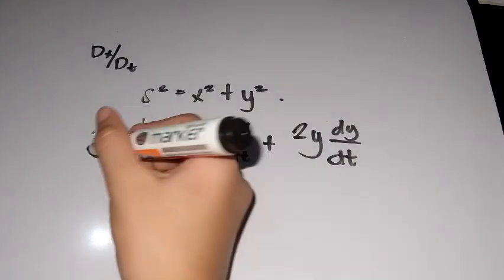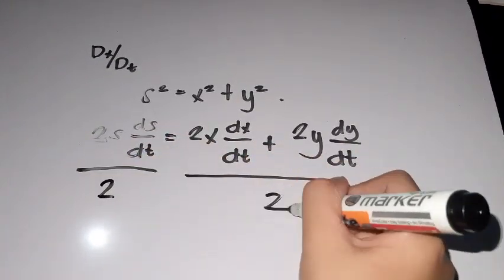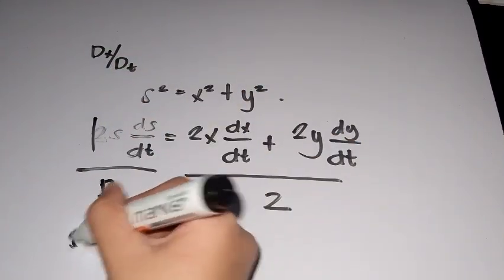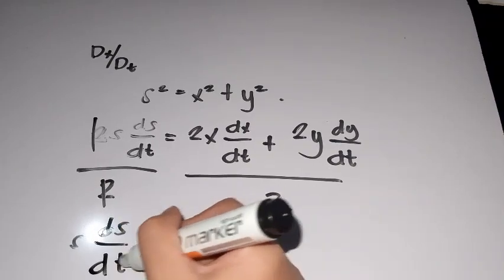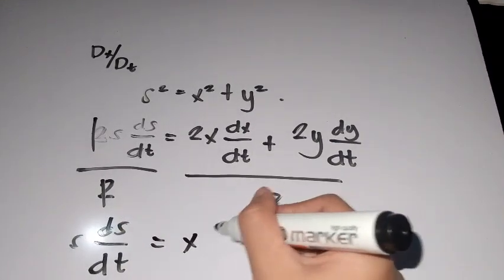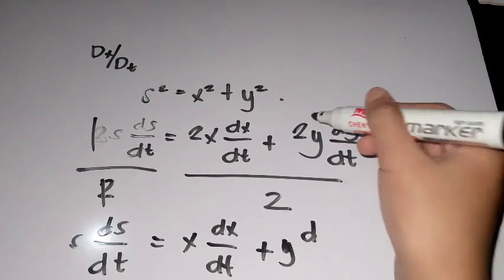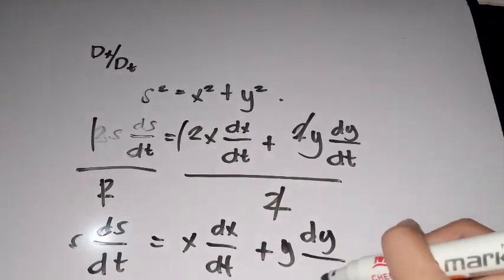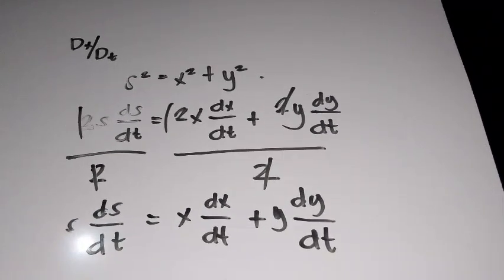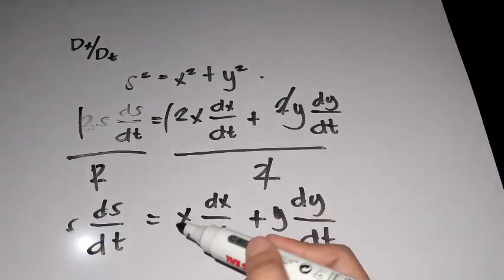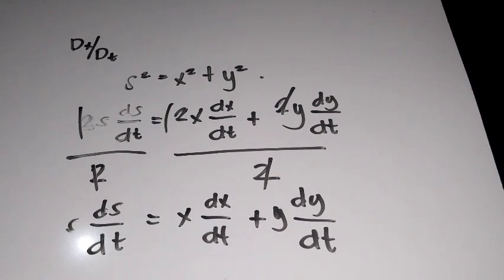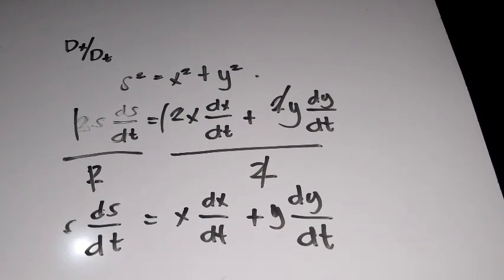And after that, divide both sides by 2. So cancel; s ds/dt equals x dx/dt plus y dy/dt. And since we are solving for dx/dt, we should cancel x. So, after dividing both sides by 2, we now have s ds/dt equals x dx/dt